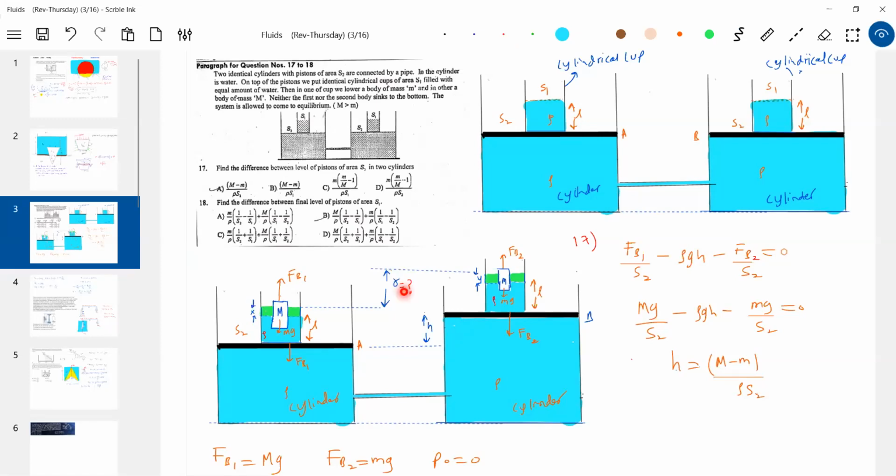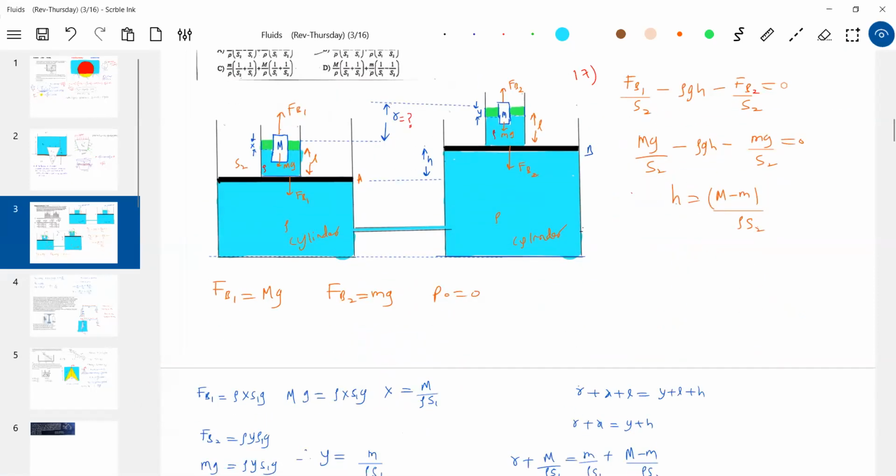Now let's get into this one here. How to get this R? Okay, I'll take help of geometry. I'll proceed here in this way. Shall we do it like this? On the left hand side, I'll proceed: R plus x plus L should be equal to y plus L plus H. I'm taking this as a reference. So what is this height? I'll move from here. R plus x plus L is equal to H plus L plus y.